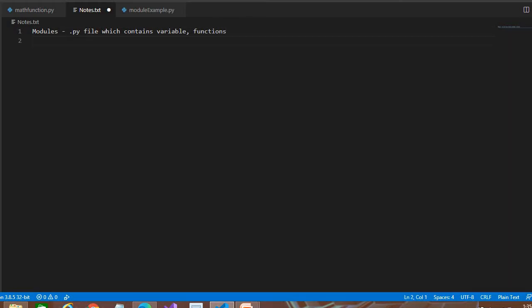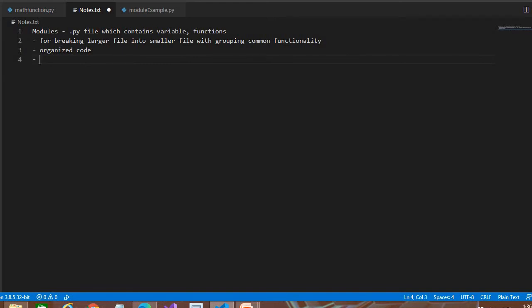Why do we need modules? For breaking a larger file into smaller files, grouping common functionality. It gives you organized code, and the largest benefit is that you can reuse the code.